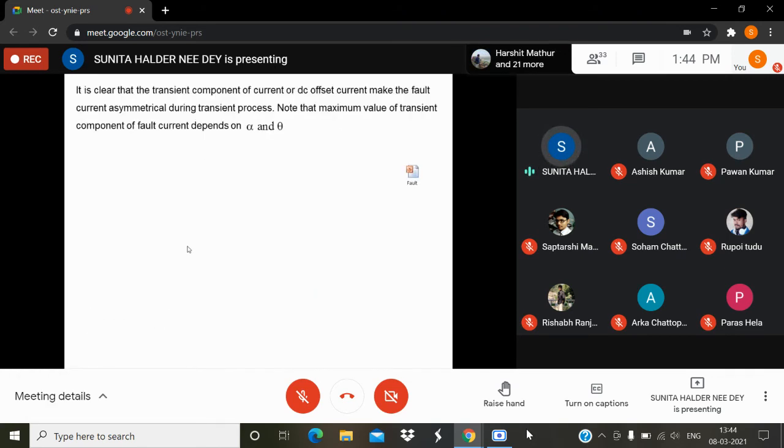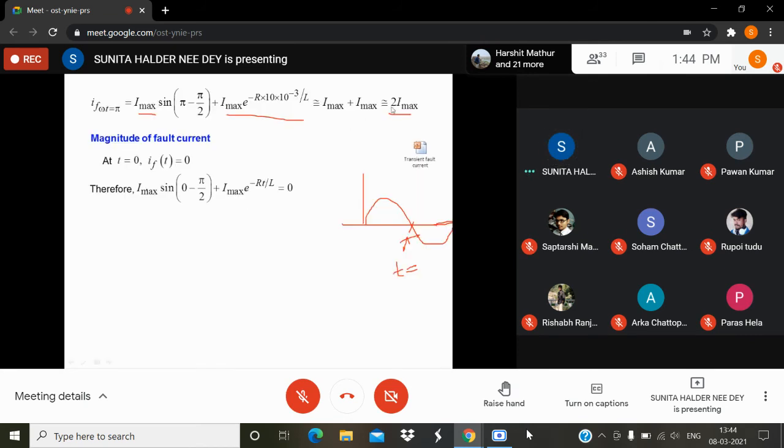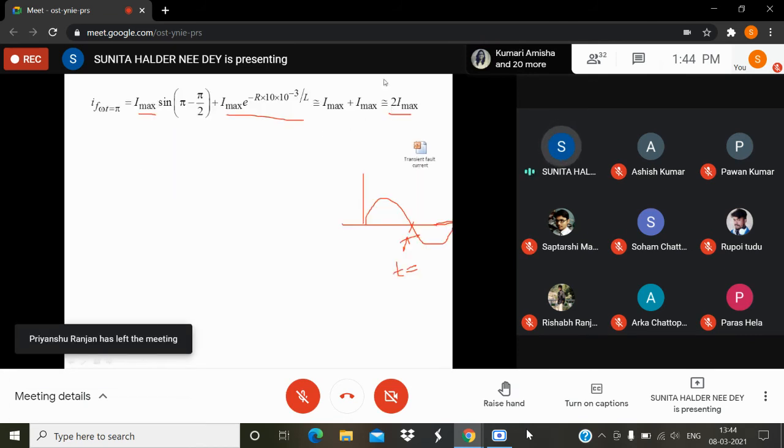So actually, in short, current becomes approximately double of the steady state current when we spend 10 millisecond after fault. Okay, initially the currents are in the steady state current in negative direction, so they were lesser. They were cancelling each other. So this is called the doubling effect. That means fault current becomes double after only half cycle after occurrence of the fault. So it is better if we can disconnect the circuit within half cycle.